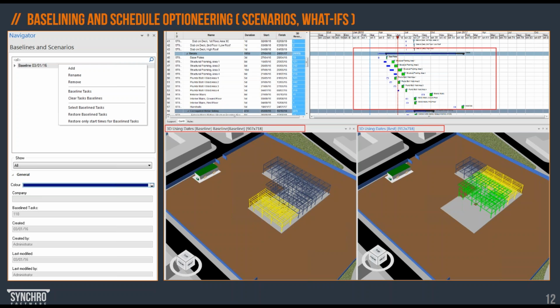The biggest advantage from using baseline functionality in Synchro is the integration with 4D data, 3D data. So having schedule linked with the model, users can compare baselines and various schedule scenarios, not only in a Gantt chart, but also by simulating and visualizing the results in the 3D views, like the slide here, where we compare the baseline and actual progress.